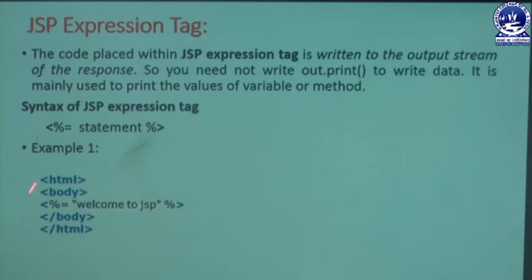This code must be saved with a .jsp file extension, any file name .jsp, and when the file is executed through the web server, we get the result in the web browser, welcome to JSP. There is no need to write out.println. By simply writing percent equals, with some text within double quotes, that text is displayed in our web browser.